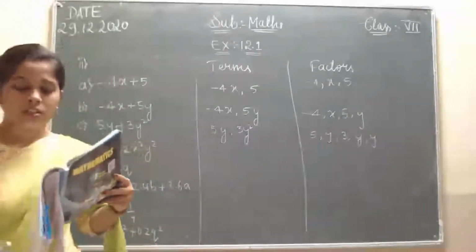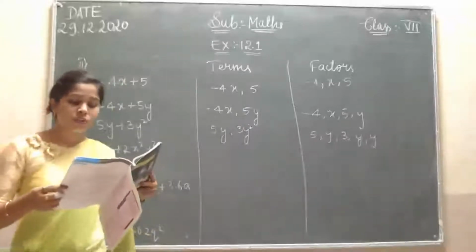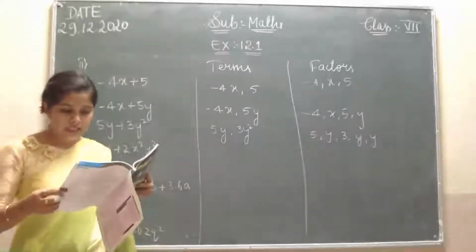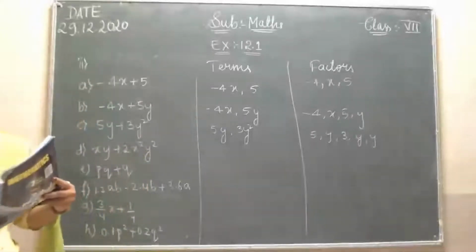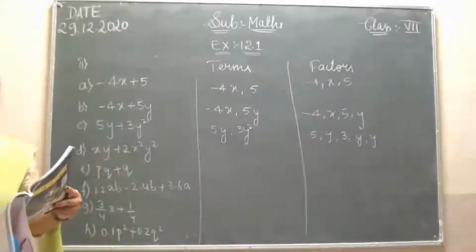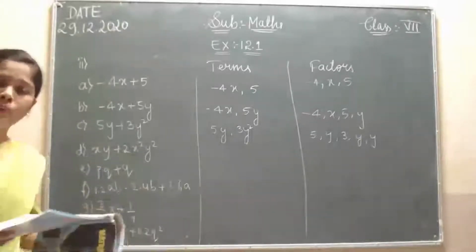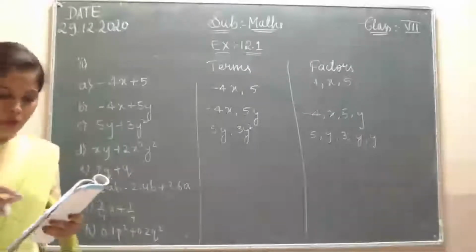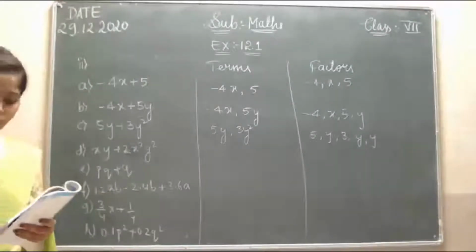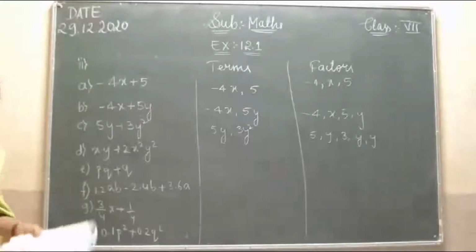Next, third question: identify the numerical coefficient of terms other than constant in the following expressions. Here we have to find the numerical coefficient. In the last class I explained what the numerical coefficient is. Numerical coefficient means numerical means number, coefficient. We have to find the numbers, the coefficients, here. Okay. So the third one is